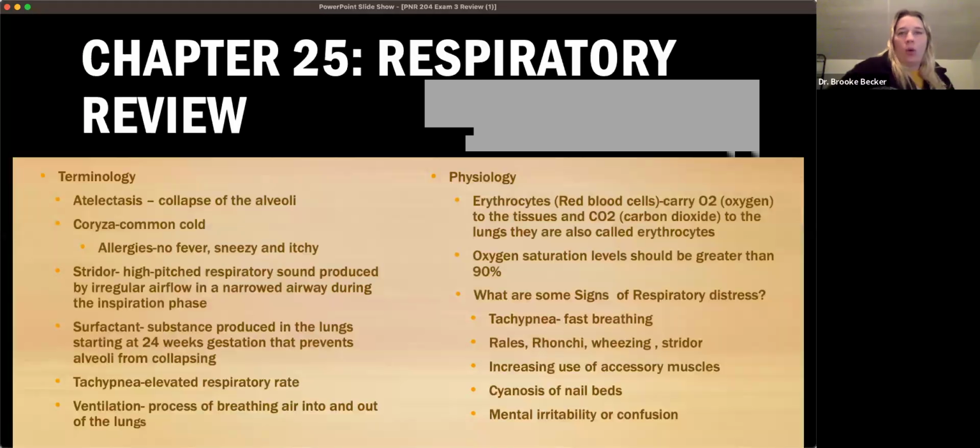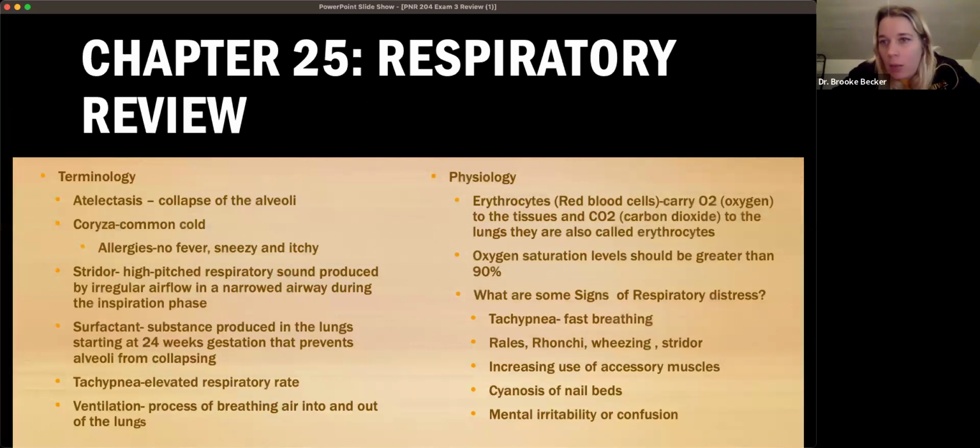All right, so respiratory, chapter 25 is your respiratory. The review, these are some terminology things that you guys should keep in mind while you're studying, making sure you understand all of these terms. So atelectasis, that's the collapse of the alveoli. You guys can read all of these things, so I'm not going to sit and read them all to you, but